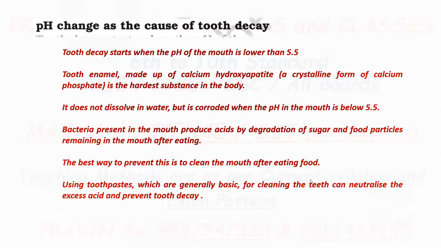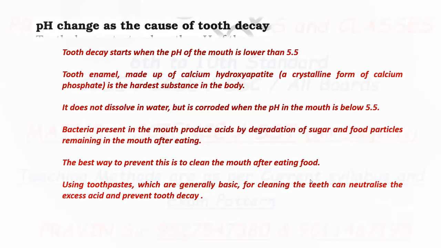It does not dissolve in water, but it is corroded when the pH in the mouth is below 5.5, that is, acidic. Bacteria present in the mouth produce acid by degradation of sugar and food particles remaining in the mouth after eating,